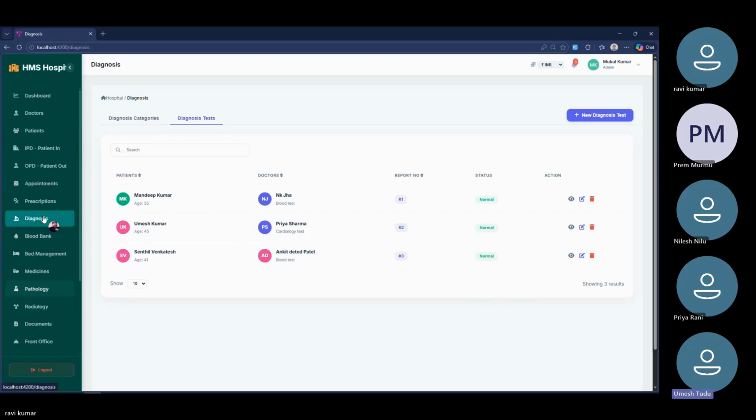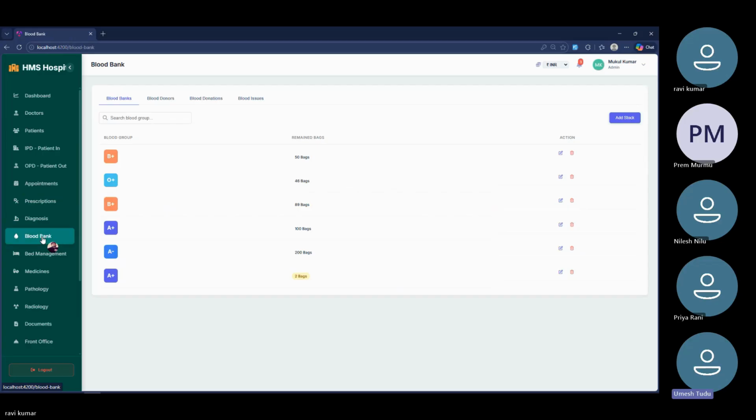Next we go to the blood bank. You can see here this is the blood bank module. If we go to the blood bank, you can see here there are 4 submodules under the blood bank: blood banks, the blood donor, the blood donation, and the last one is the blood issues. So this is our first submodule, blood banks, and under the blood banks, you can see here total